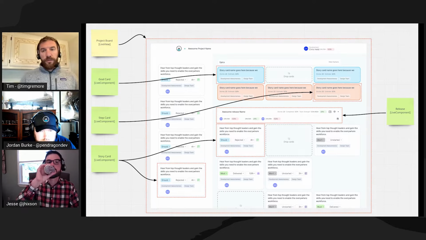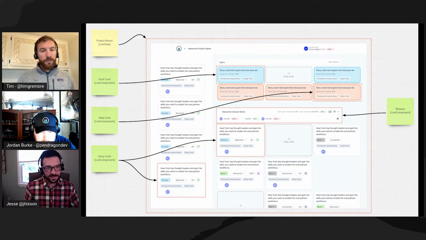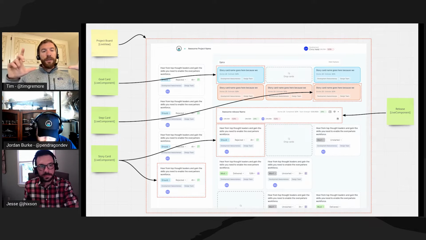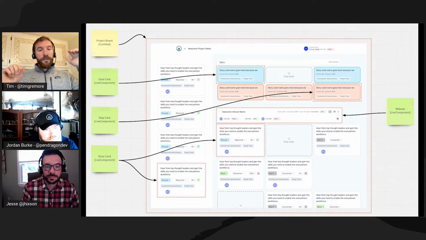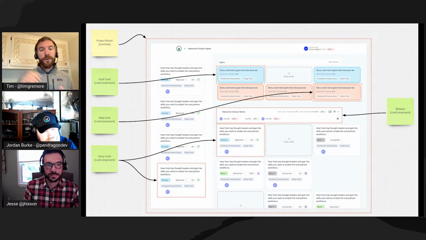That's what we're going to try to get through before our time is up today. Okay, so that project LiveView then has need for four different live components. So